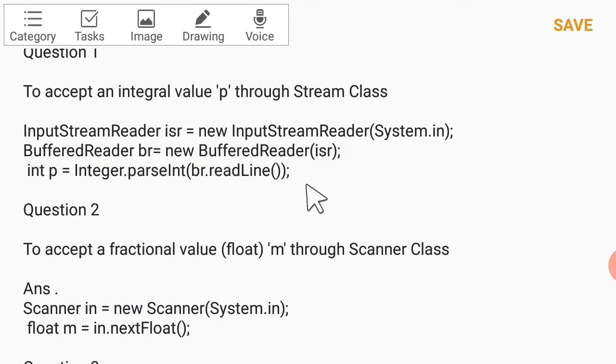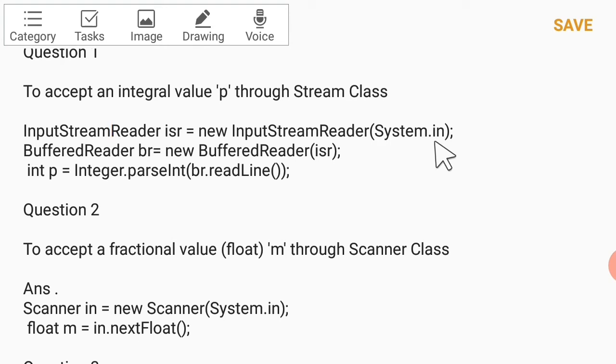Okay. Now students, here we see the next one is InputStreamReader ISR equal to new InputStreamReader. So this is a constructor, and new is used to create the object and allocate memory at the time of object creation, and then one parameter or argument has been passed there, System.in. It's very easy to remember because System.out.println you always use for the display. So here for input we have to pass System.in.